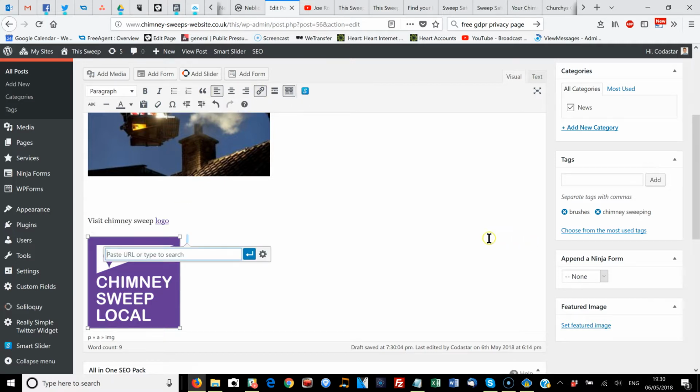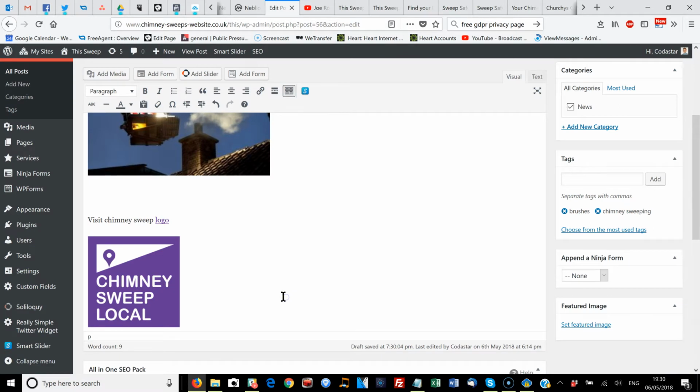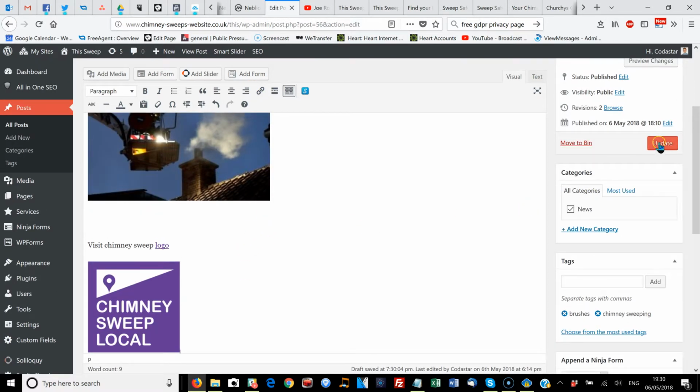Now, if I want a picture to be a link, I select the picture and I click on link, and I'm going to put my URL. And this time I'm going to say that I want the picture to open in a new tab. That's it. And my picture has become a link. You can't see it, but you know, it's there. So if I click on it, the link is highlighted, and it will work. So now if I update this,